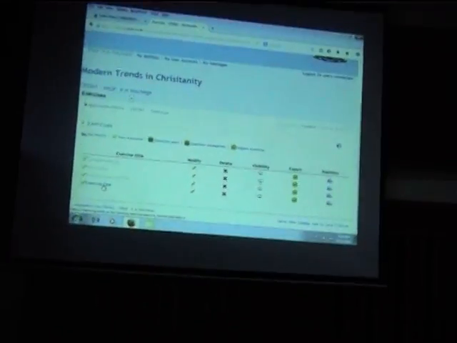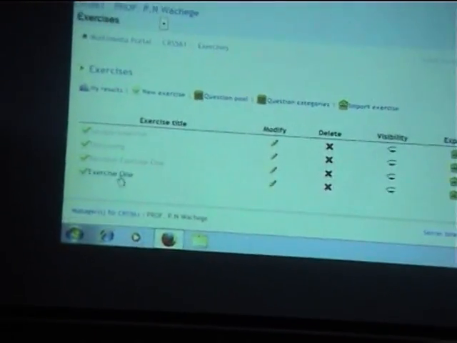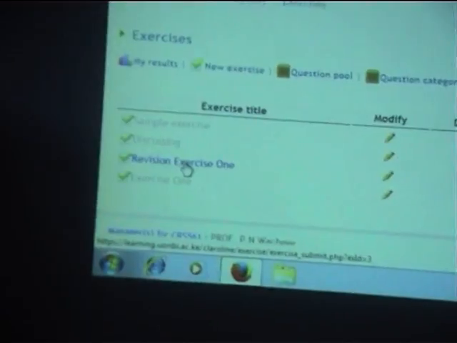Then the other item, you click again on the course title, and then it will take you to exercises. Then you click exercises, and you have a variety of exercises. So you come to the course manager, and you are the course manager because you are the owner of the module. And then you scroll down, and you have a variety of exercises, like, yes, if you click that one of revision 1 exercise,